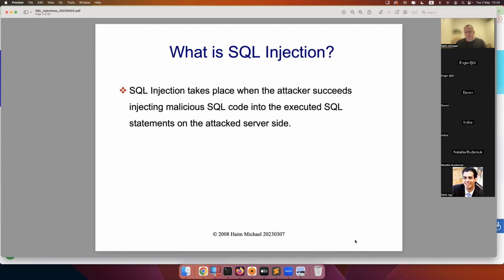And when an HTTP request is sent to the server side, we also have parameters sent together with that request so that the server side gets data using those parameters, and it does something with that data. And usually, in many cases, that data is added into code that includes SQL statements in order to perform something with the database using the data that came as parameters with the request. So let's